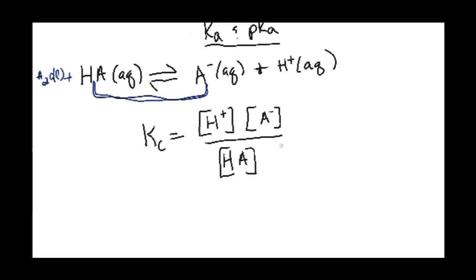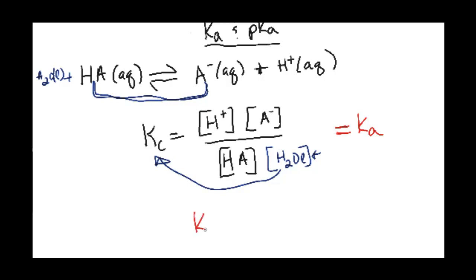the solution. And if we remember, this concentration of the liquid doesn't really apply because it's a fixed concentration. And if we were to multiply it on this side, we could redub this equation the acid dissociation, or the acid ionization constant. Okay, so basically your Ka will always be the concentration of the hydronium or the proton's conjugate base over the